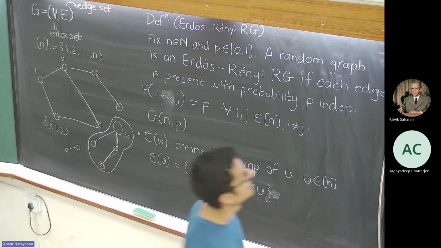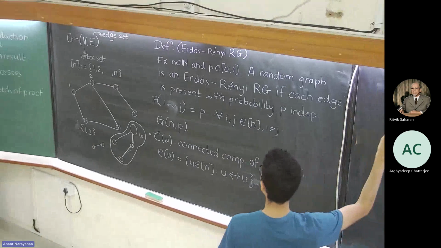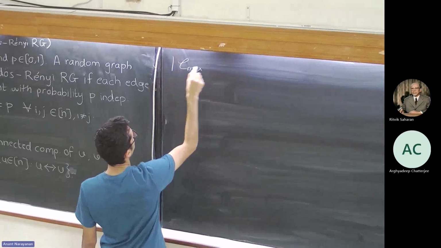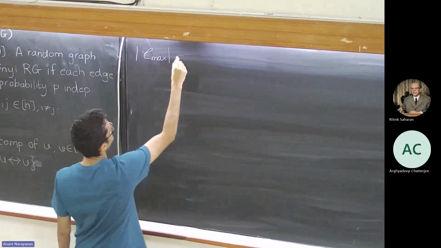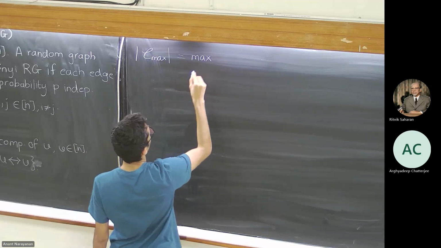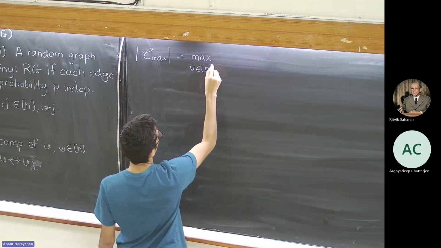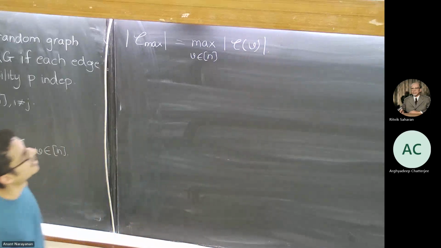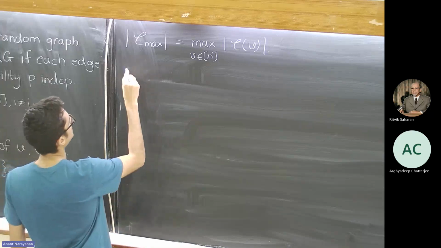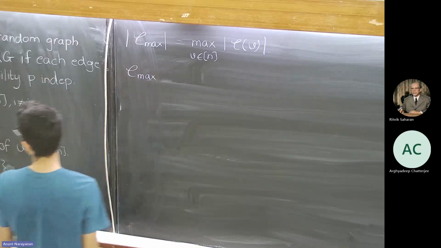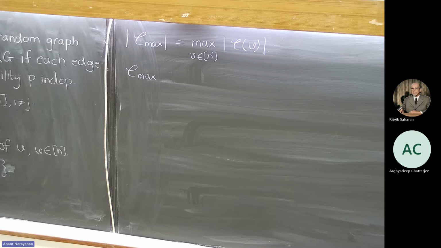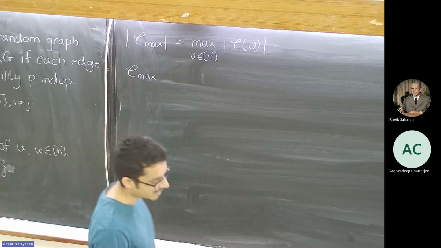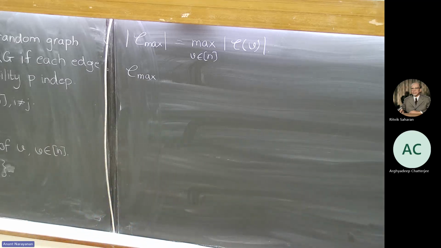So this is the connected component, and the main object of interest today will be maps. I can always find this in the maps. I can define this object. But to define it, I need something more, because there could be more than one component having the same maximum amount of vertices. So I'll just break ties by declaring that the component having the smallest index is the largest.